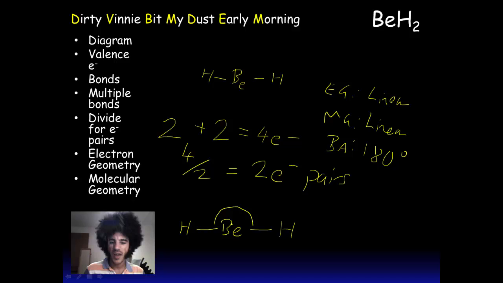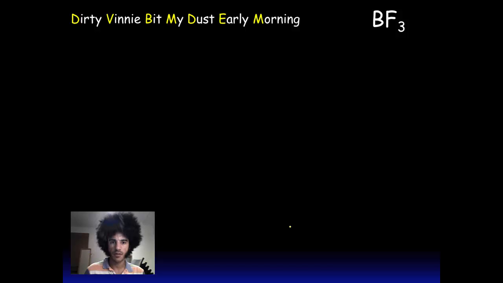Notice around the beryllium, it only has 4 electrons in its outer shell, but in this rare case that's okay. Let's try another one. Let's have a look at BF3. So let's start with D for diagram. So I start with boron, which is in BF3, and it must have, in one way or another, 3 fluorines